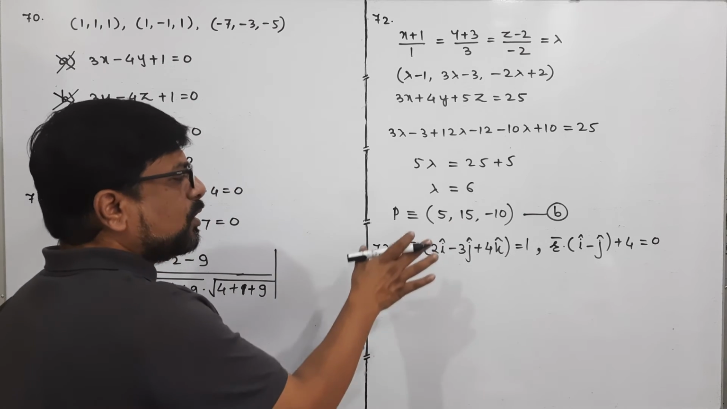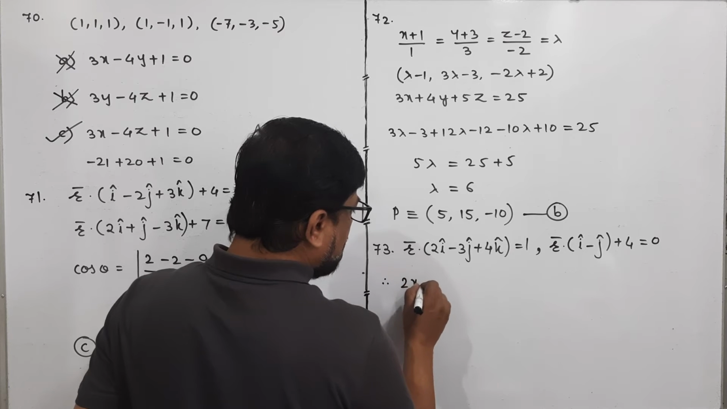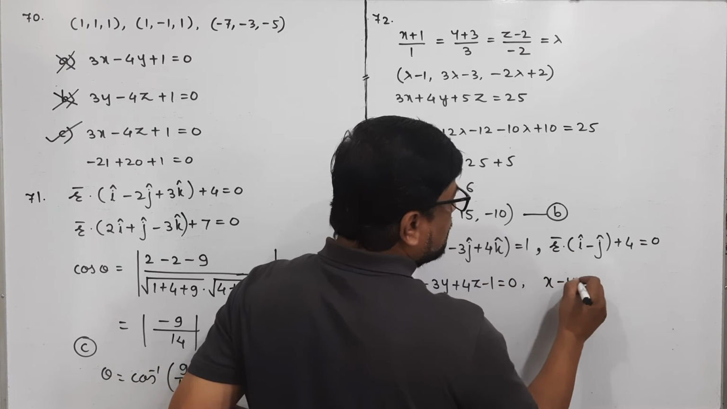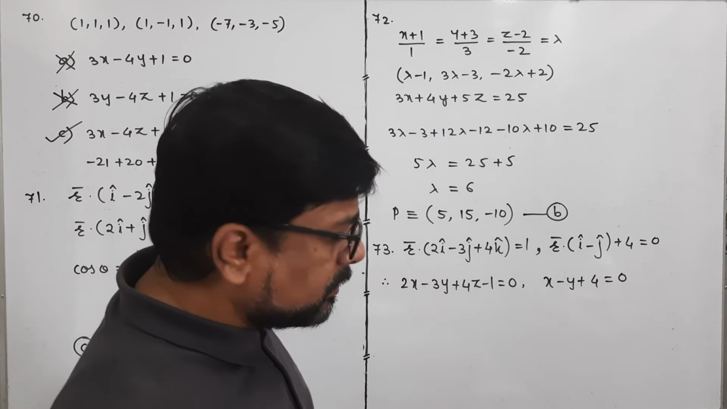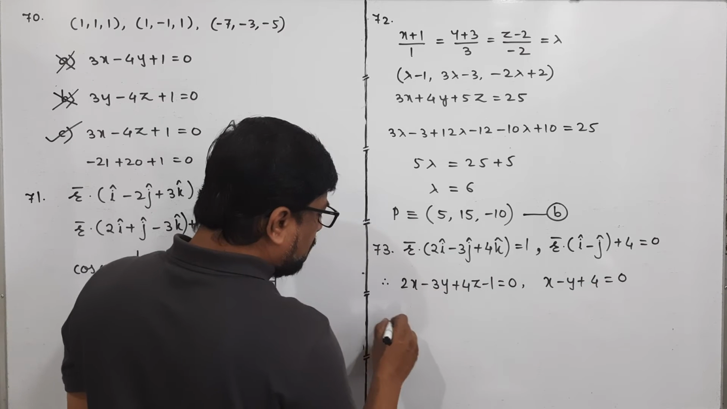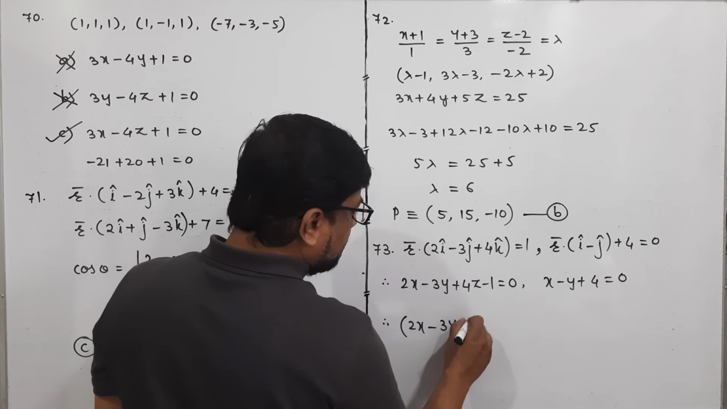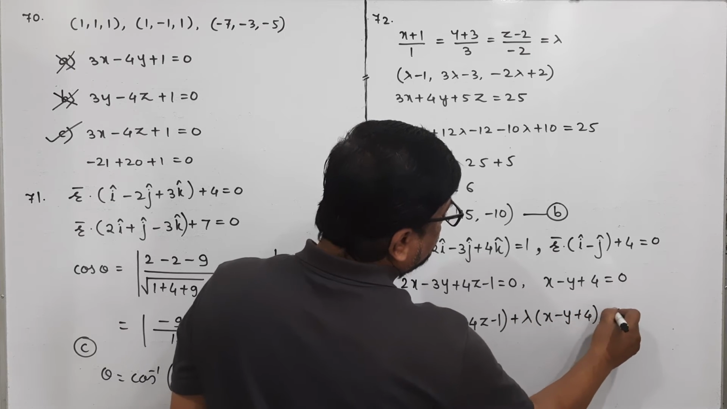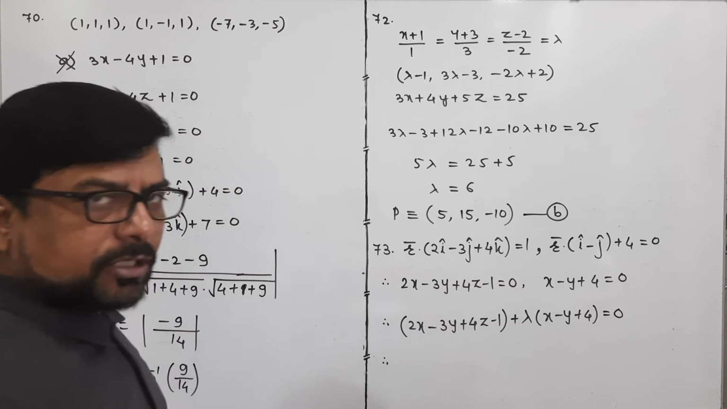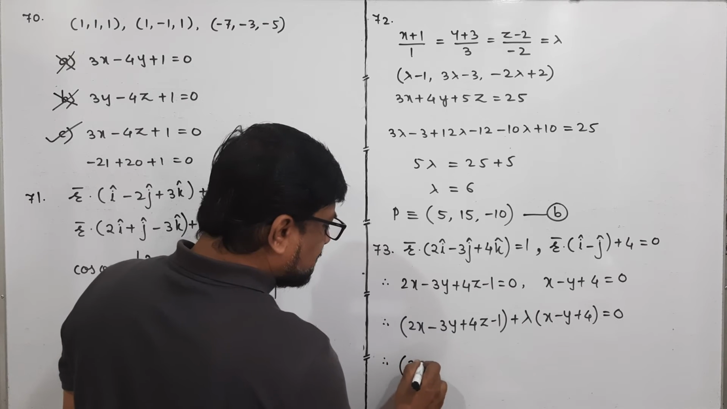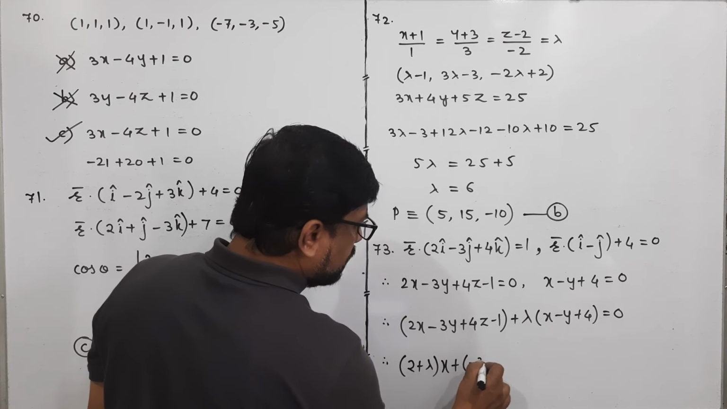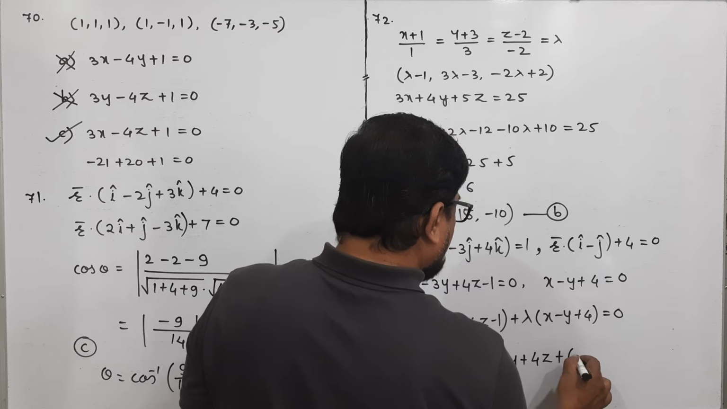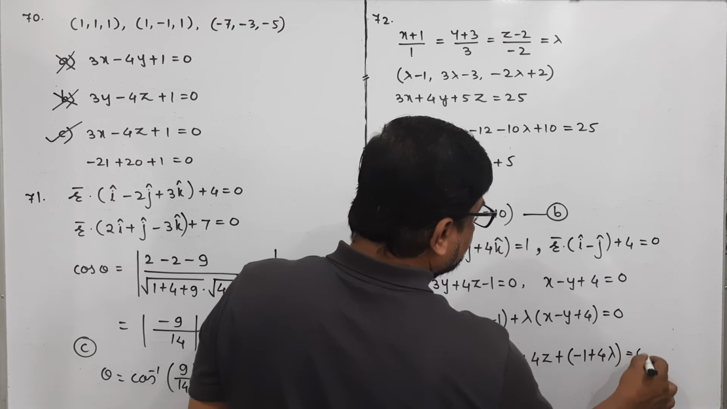अब देखिए पहले इनको कार्टेशियन फॉर्म में लिखेंगे हम, इसका कार्टेशियन फॉर्म होगा 2x minus 3y plus 4z minus 1 is equal to 0। इसका कार्टेशियन फॉर्म आएगा x minus y plus 4 is equal to 0। Now the equation of plane passing through the line of intersection of these two planes is given by the formula 2x minus 3y plus 4z minus 1 plus lambda into x minus y plus 4 is equal to 0। Therefore, we can say that the general equation of plane is 2 plus lambda into x plus minus 3 minus lambda into y plus 4z plus minus 1 plus 4 lambda is equal to 0।